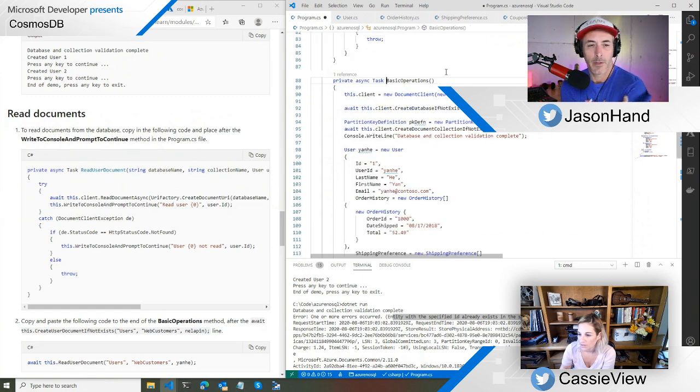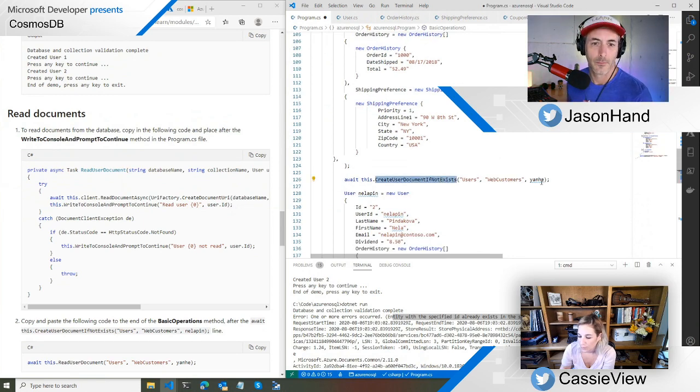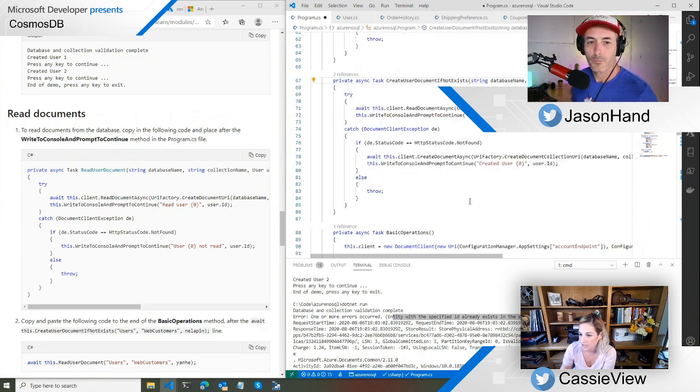Or yeah, the ID's not hard coded somewhere, is it? So it's create if not exist. It is hard coded, like right here. But basically, if it tries to create this user, it should check if the user exists before it tries to create it. So is my check to see if it's existing not working?